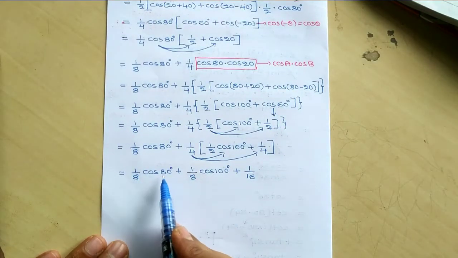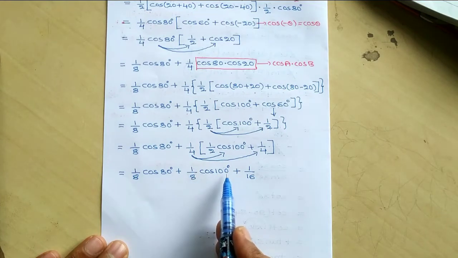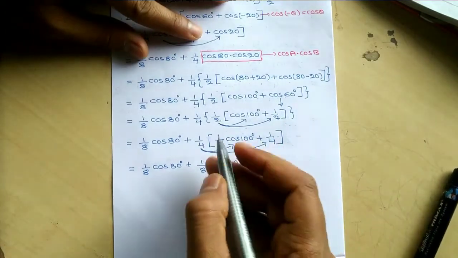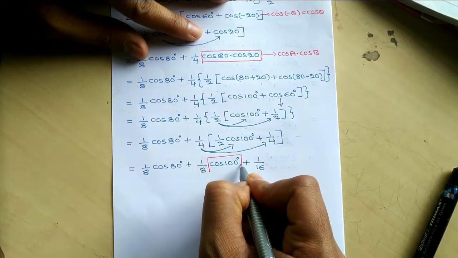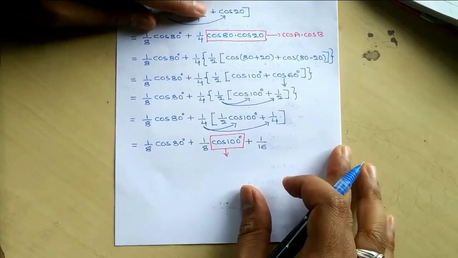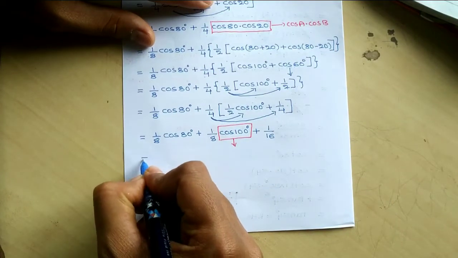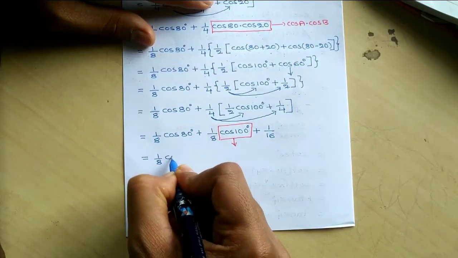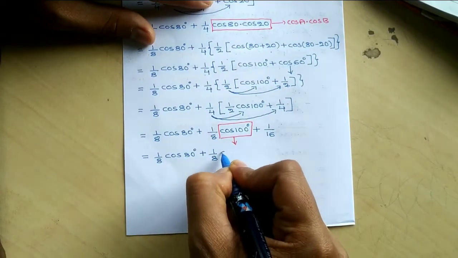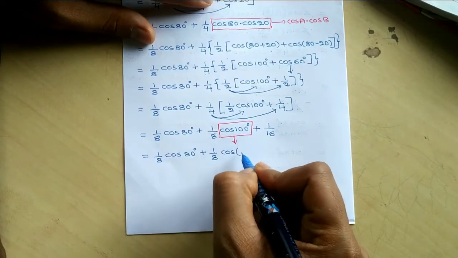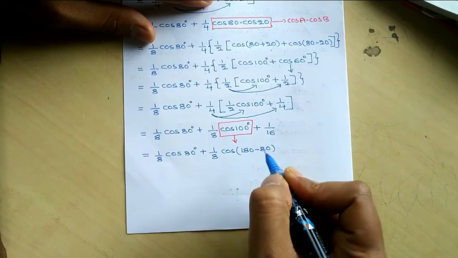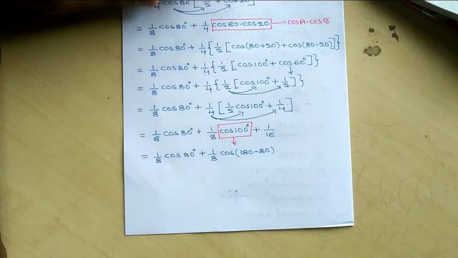So here 1 by 8 cos 80, 1 by 8 cos 100 is there. So to cancel these two, next step what I am going to do, here I am going to apply allied angle formula. So see how I am going to apply. So which is equals to 1 upon 8 cos 80 degree, I am going to keep it as it is, plus 1 upon 8 into cos, this 100 can be written as what here? 180 minus 80. Correct? 180 minus 80 is nothing but how much? 100